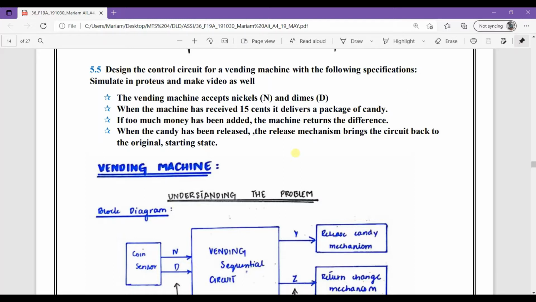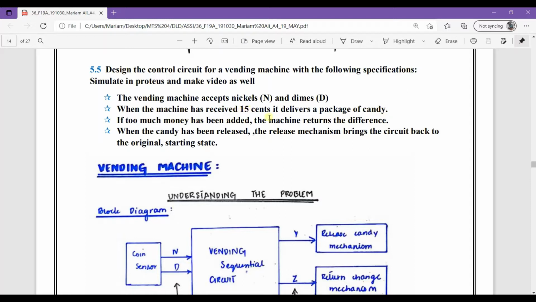Today I am going to explain the control circuit for a vending machine. Basically, a vending machine is the automation of a shop. If we provide some type of currency to the machine, then we receive the thing that we want from it. Vending machines can be for cards, tickets, canteens, or different products. Here is a small design of a vending machine that gives us a pack of candy.